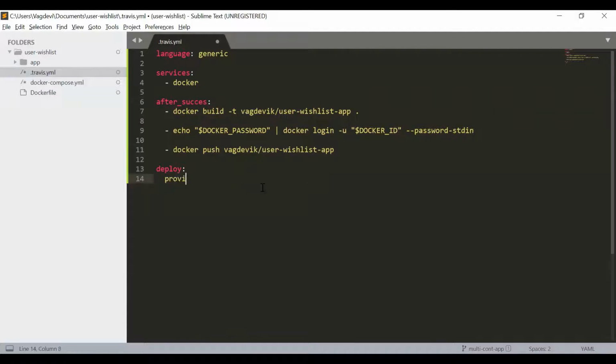So the provider is Elastic Beanstalk. Then region. I'm staying in India. A near place is Mumbai, which is denoted by ap-south-1.